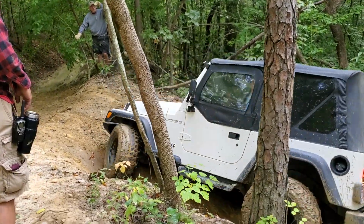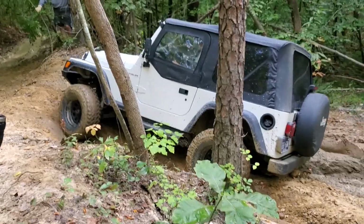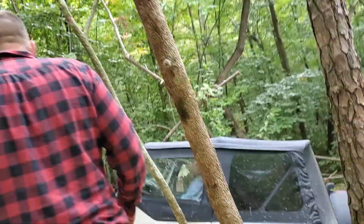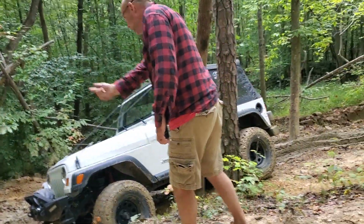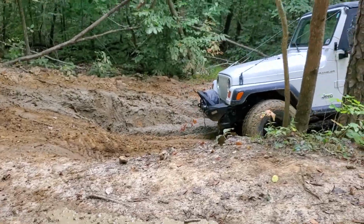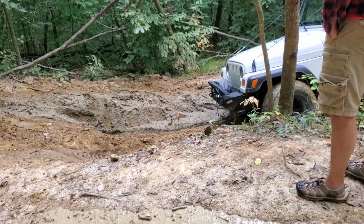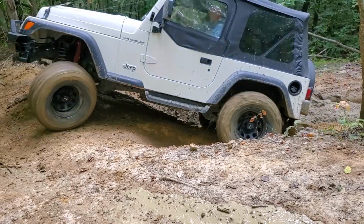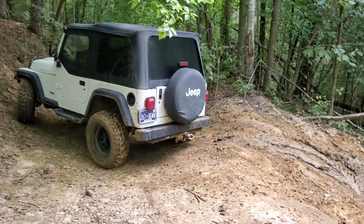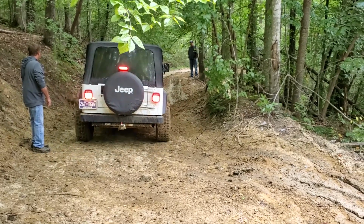I believe he said he did have a rear locker. A '98 TJ, I believe. There, carry it on up and out. He made it out. I think he's probably about the last guy, and we're going to work our way on down to the next obstacle,